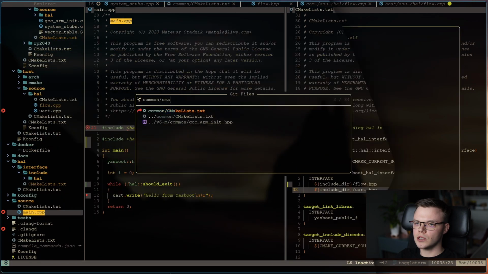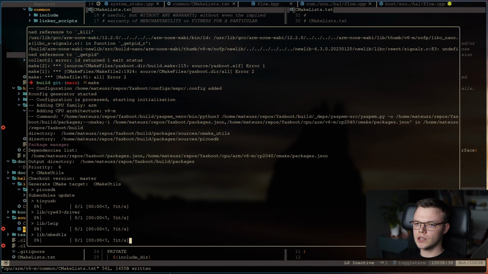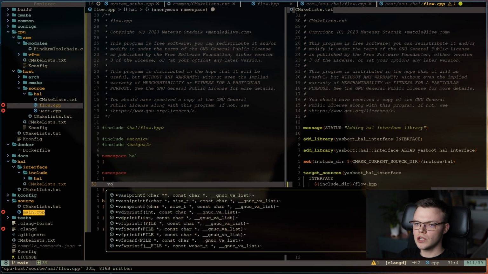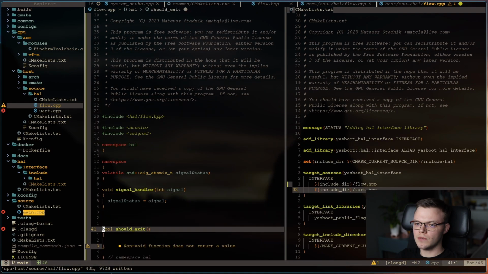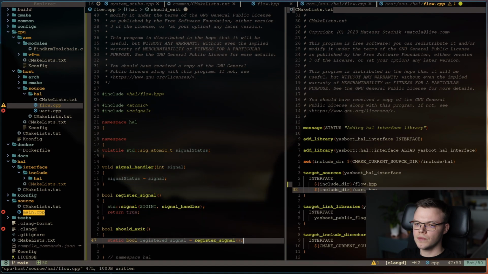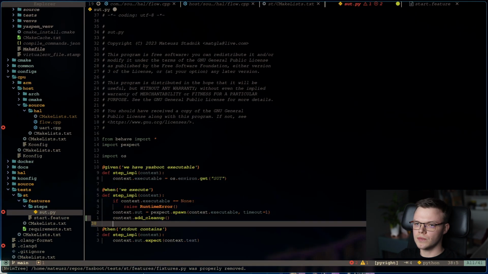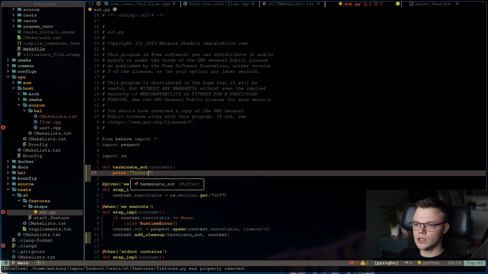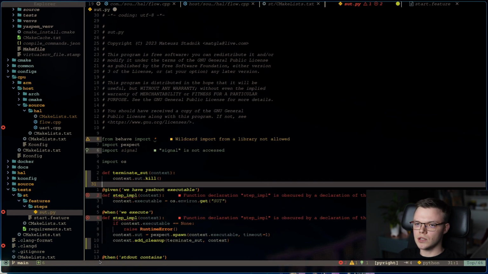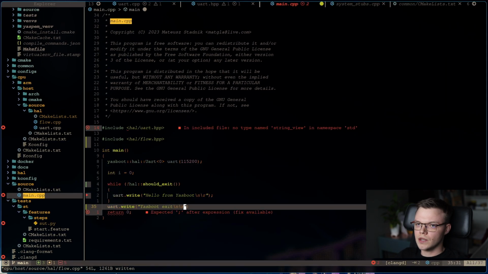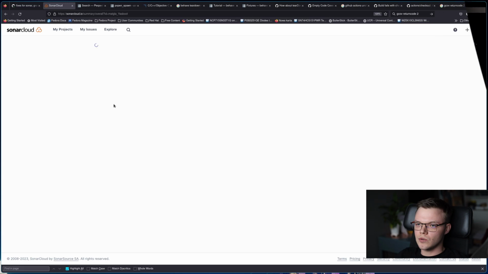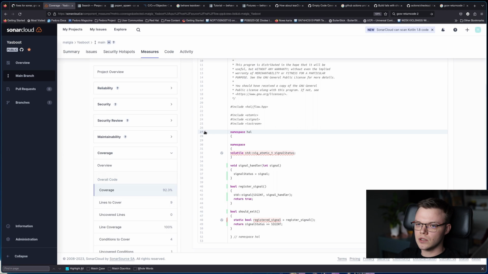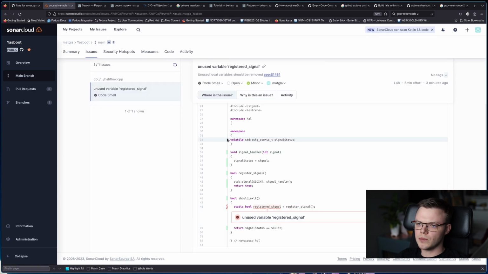So I'm going to add new functionality to my hardware abstraction layer that will decide if our application should exit or not. For example, for MSPC we will never return from YaSBoot. But on host we should return. And I decided to react to an interrupt signal from the system. So let's add signal handling in the hardware abstraction layer for host. After delivering to the repository, the workflow started and finished, and after that we can check on Sonar Cloud that now our coverage is measured and is probably measured correctly.